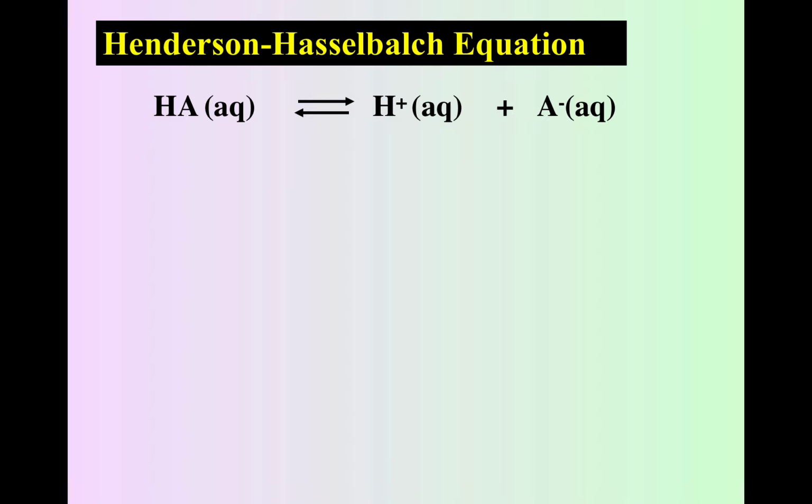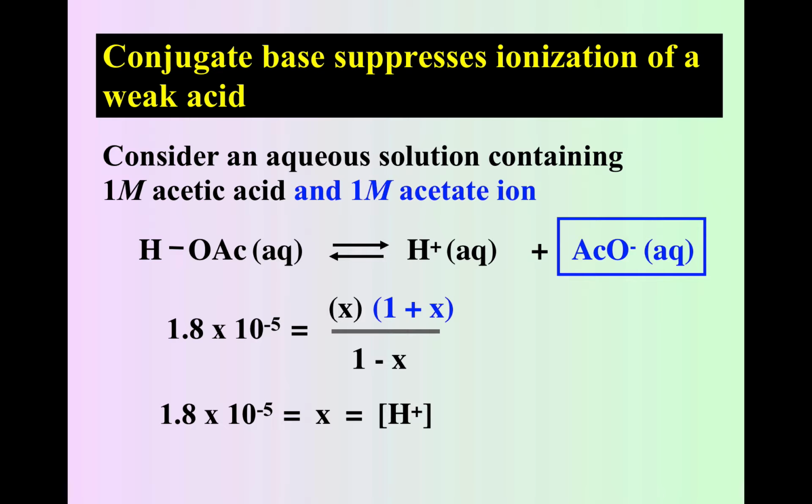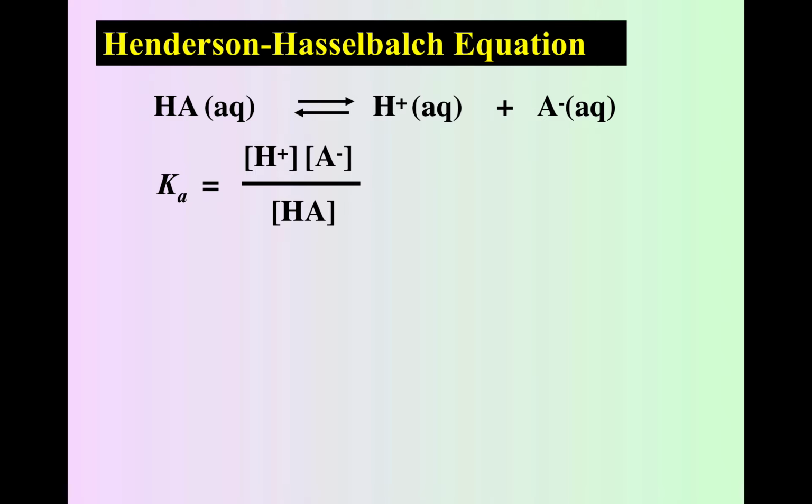All right, the Henderson-Hasselbalch equation is a very easy way to plug in when I have a common ion situation to solve for the pH. So, it's easy to use a Ka too. You can do it either way, right? So we just did it this way a second ago, right? Solve for the Ka, right? You're not changing the conjugate base concentration very much. You're not changing the acid very much, so it's easy to solve for, right? The H plus concentration was equal to the Ka. But I could use this equation, right? So the Ka is equal to